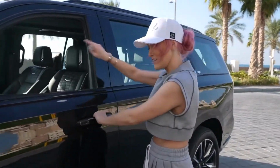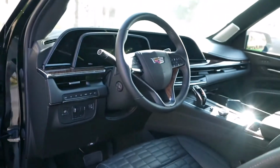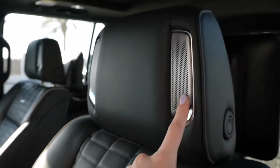Come and look at the interior. I love this leather stitching here. So everything again is blacked out, and you've got this special stitching here on the seat that I haven't seen before. You've got speakers in the headrest, and you've actually got, guys, 36 different speakers in this car, so complete surround